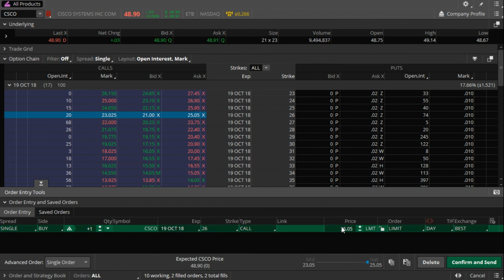So if we come in here and we click this little plus and minus here, you can see that we can negotiate that bid-ask spread just a little bit. Now, the important thing to understand when we're negotiating the bid-ask spread is, that could really make a lot of difference when we're trading, because we can negotiate that when we buy that option, and we can also negotiate that when we sell that option.